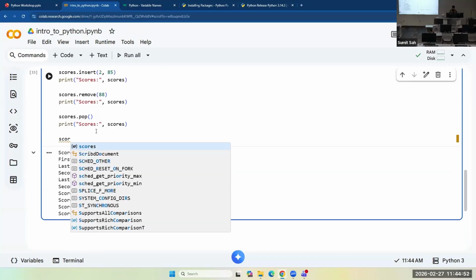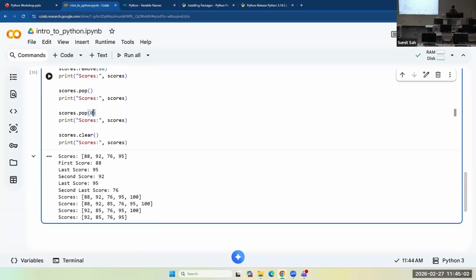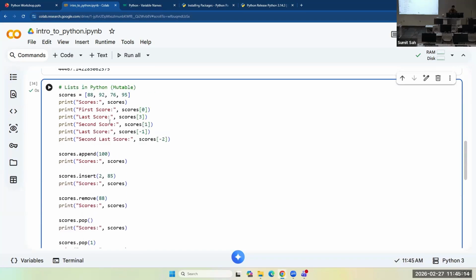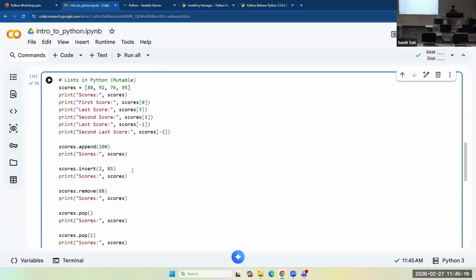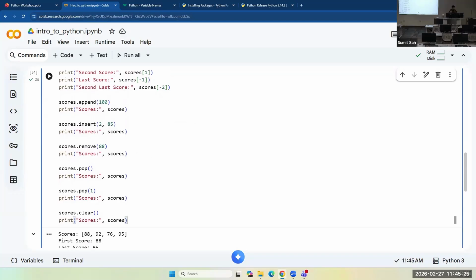And if I say scores pop, pop, it clears everything. And pop, let's say 1, I want to pop 85. So 85 is popped here. There are more and more methods in lists that you can use to make different changes to the list.